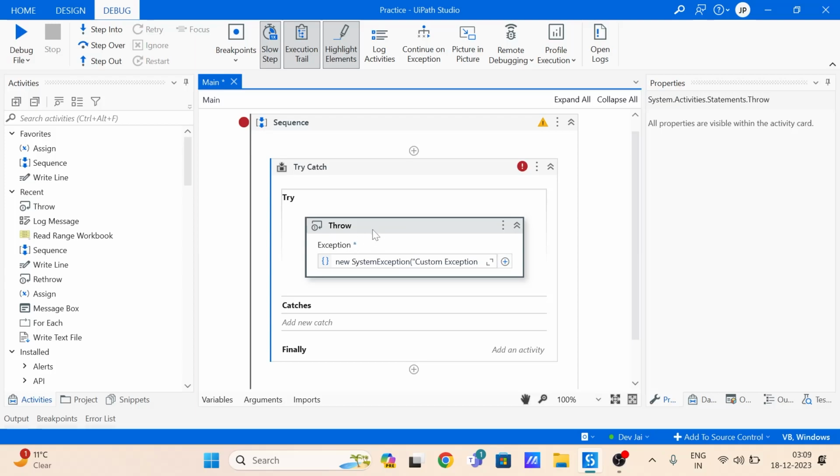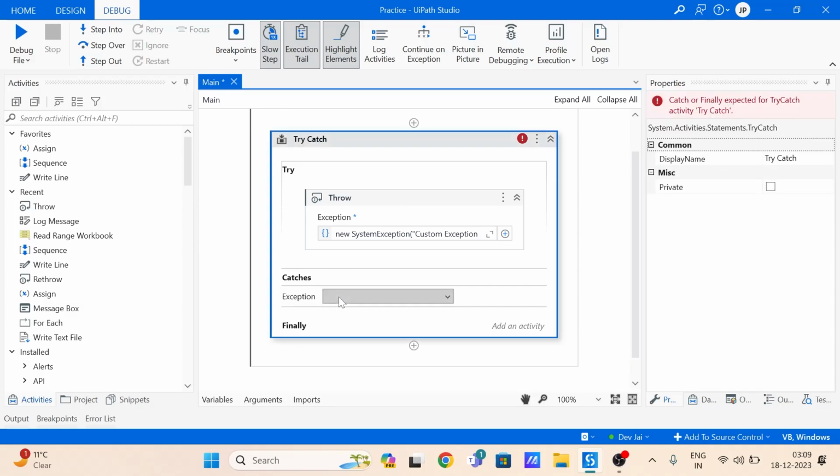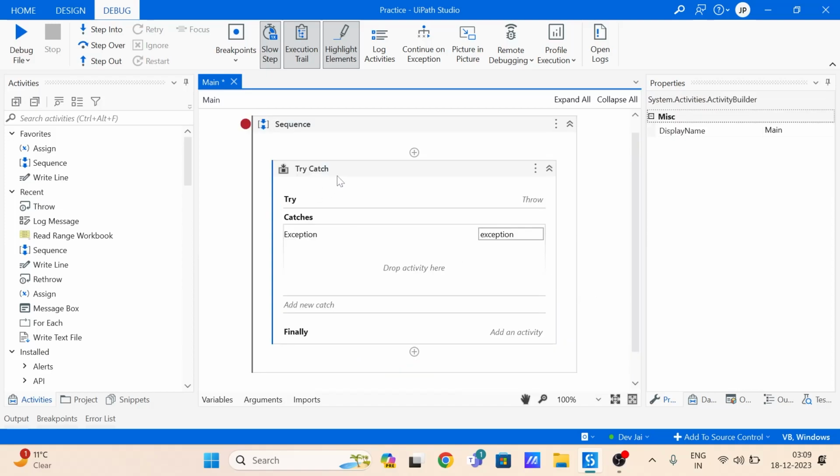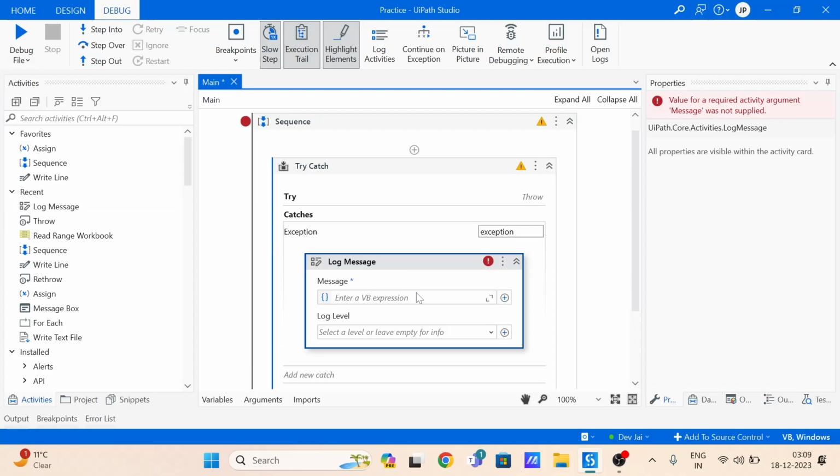So just for instance, what I did, I encapsulated it inside try catch. Now it won't be throwing any exception in the output, but we have to use a catch also over here. Right, so what we can do, I can use a System.Exception over here, and I'll use a log message activity over here